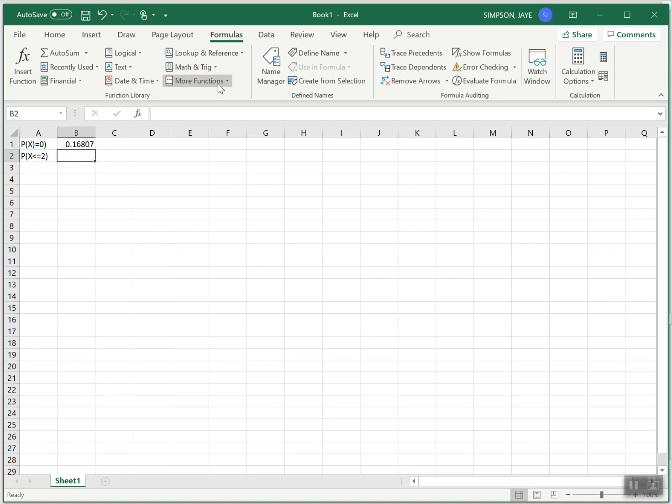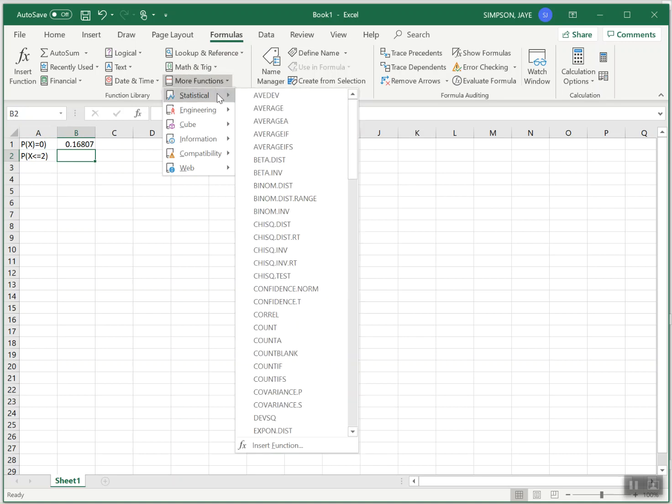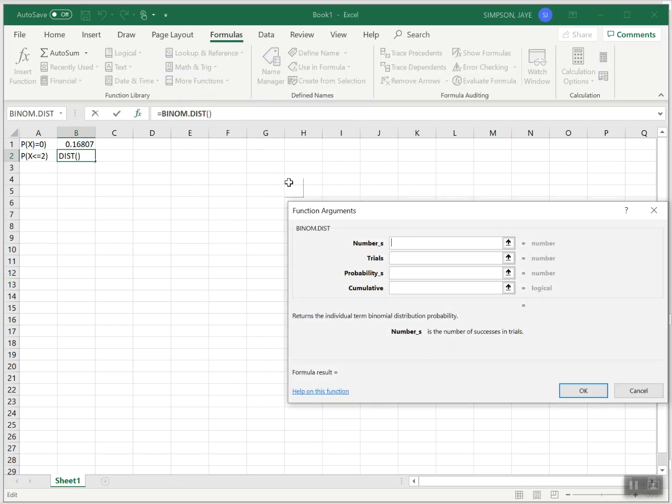So now I'm going to go up here, I'm going to enter the binomial distribution again. So again, my number here is 2. I'm looking for 2 or less adults. My number of trials is 5 still. The probability of success is still 0.3, but now because I want a less than or equal to, I'm going